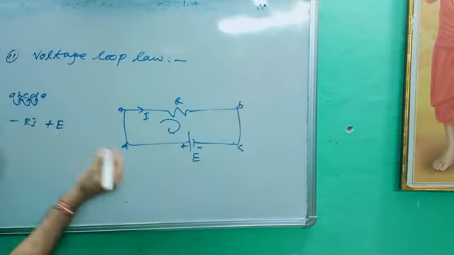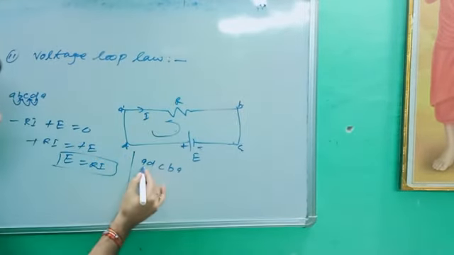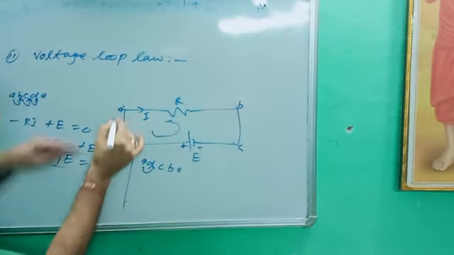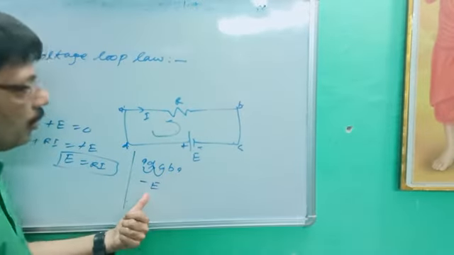Very easy. I have selected the loop A, B, C, D, A. Now let's suppose our loop is anti-clockwise: A, D, C, B, A. Again A to D, nothing is there, no resistance, so no reason to multiply. Next, D to C, you are moving from positive to negative, so it will be minus E. Just as I told you the sign convention of a battery: positive to negative, it will be minus E.